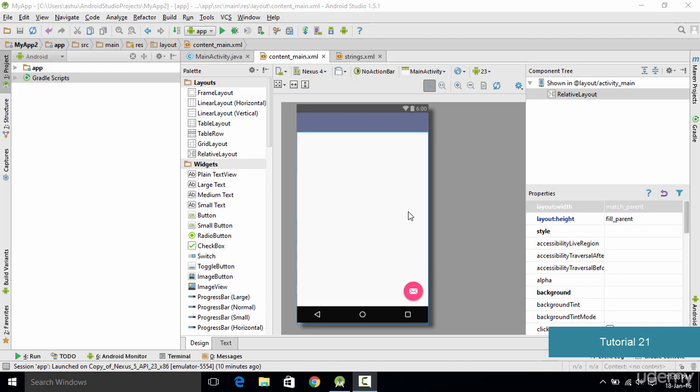Hello and welcome to this tutorial, and in this tutorial we'll be talking about gestures. Gestures are basically activities like scrolling, flinging or double tapping. For example, you might have used certain applications in which you scroll through. If you have some news application installed on your Android device, in order to go through the news feed you just scroll it up with your finger.